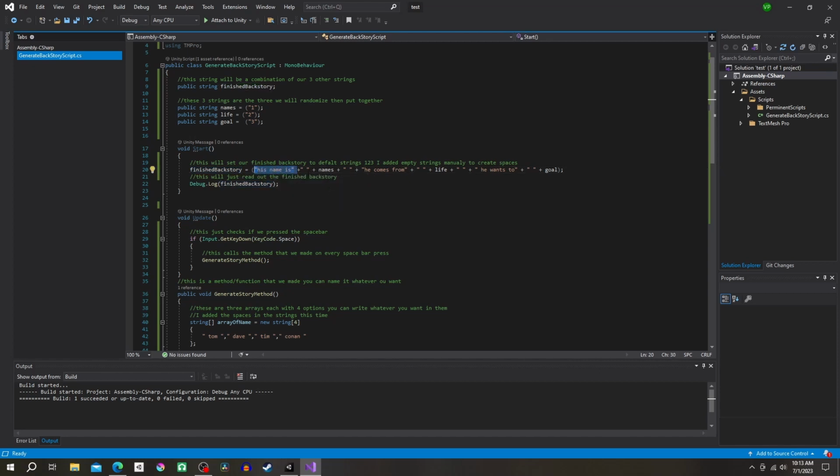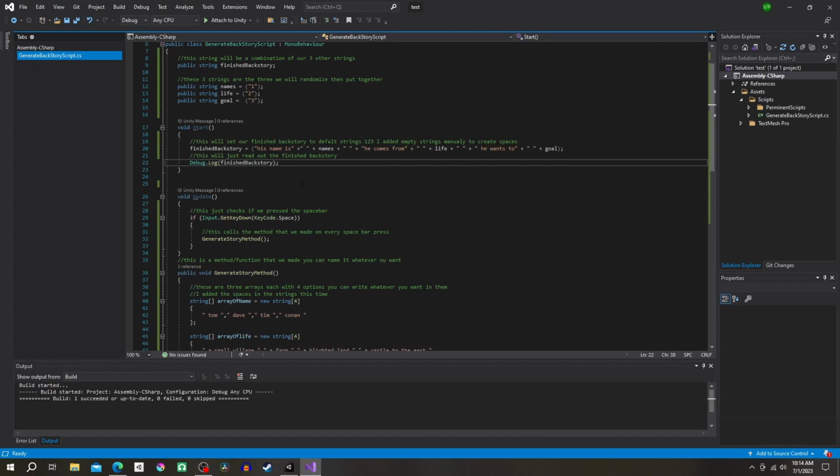All we have to do is use the plus symbol to add strings together, and if you look at what I did, the first part says his name in quotation marks. That part will stay the same no matter what. And then I did a plus and empty quotation marks as a way to add a space. And then another plus and our string identifier of name. The rest of this line follows the same logic, and the debug.log below will just print our string with the